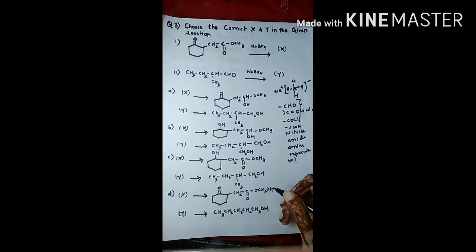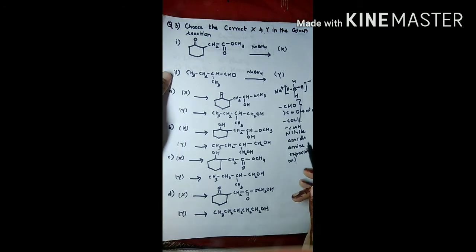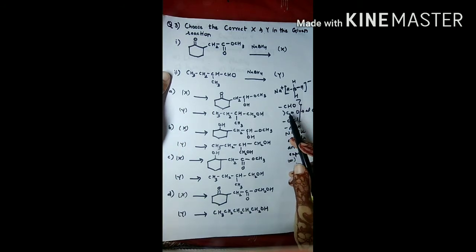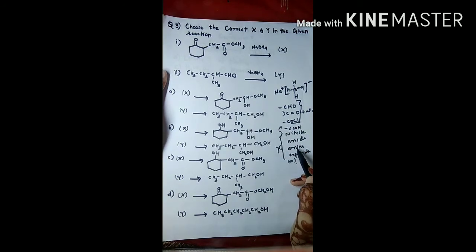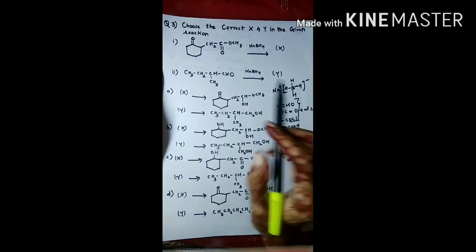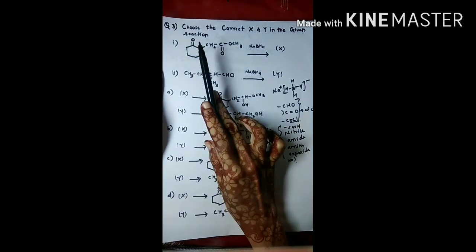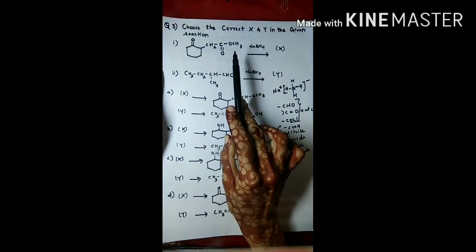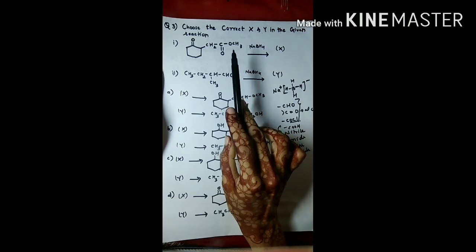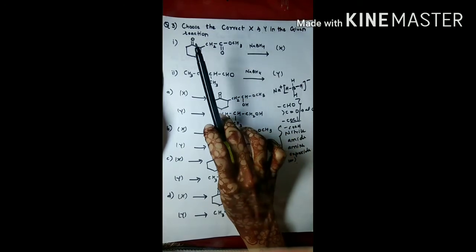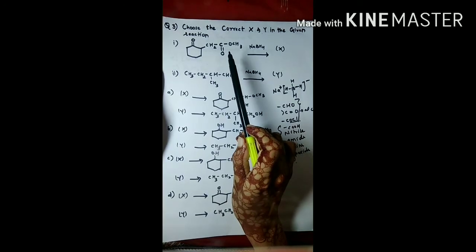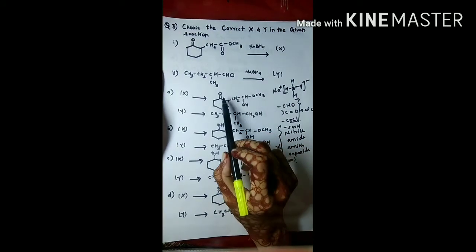Now we'll see whether this reagent is converting this group or not. So it can be easily diagnosed by this information. So here we can see these three groups can be converted into alcohol. This remains unaffected by the presence of this reagent. So in the first, here the ketone is given and the ester group is given. So we all know it will only convert the ketone group and it will not convert the ester group. So let's see the options.